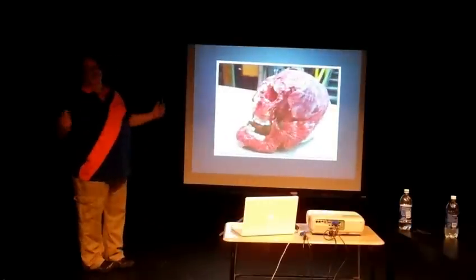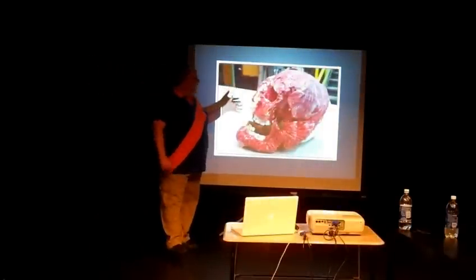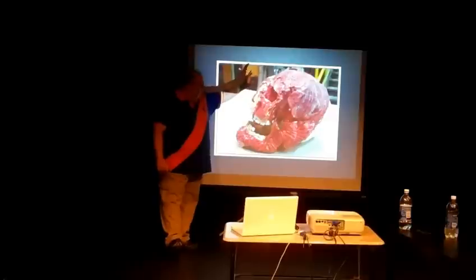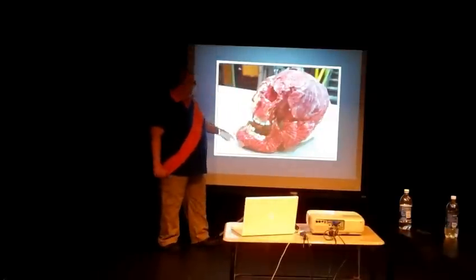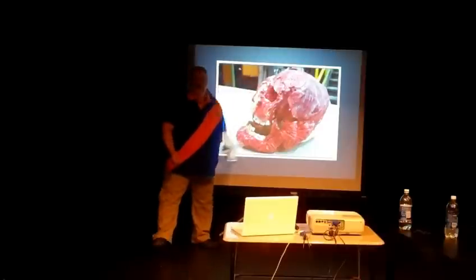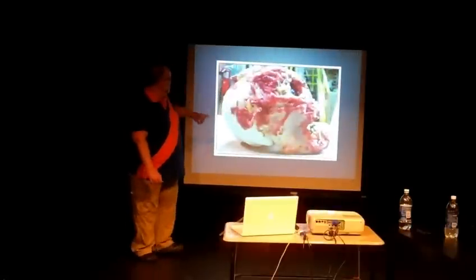So we are not going to show you degloving because that's rude. This is the skull. We did it. We covered it with foam. We cut out the muscle tissue. We put some of the meat slabs on top of it. Eric Hart made a cheek gel, put the gel on it. He also made